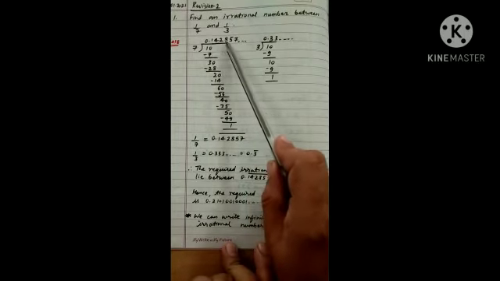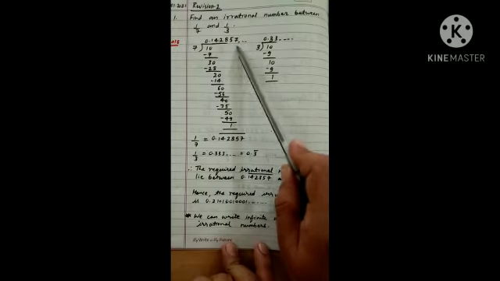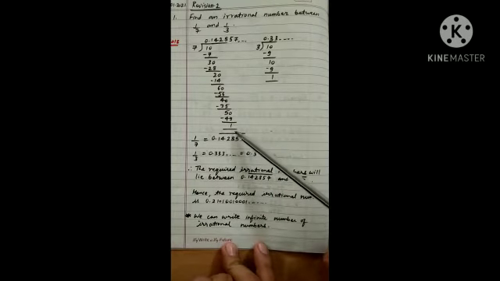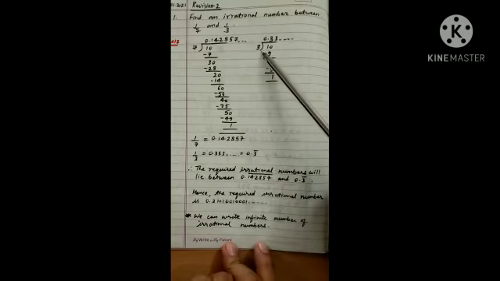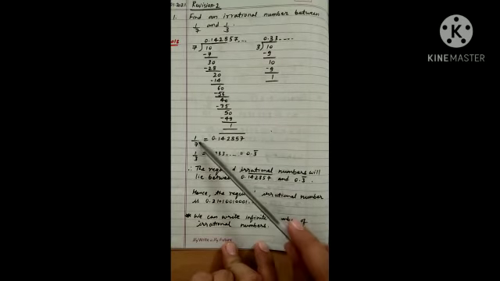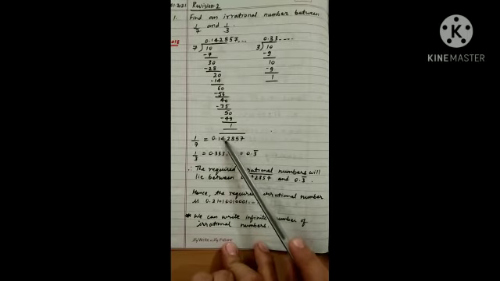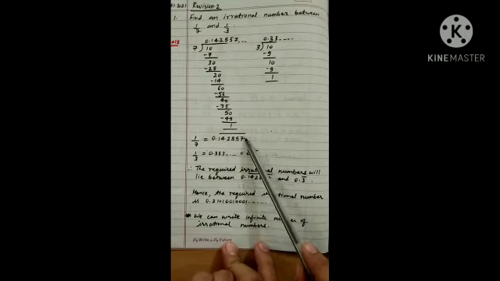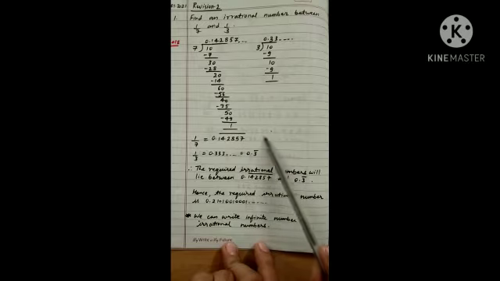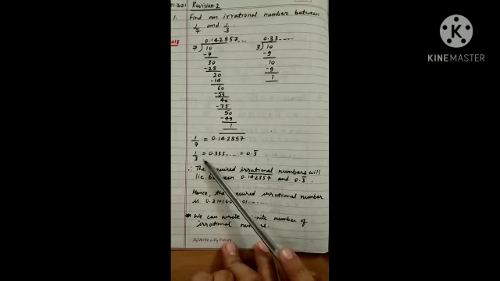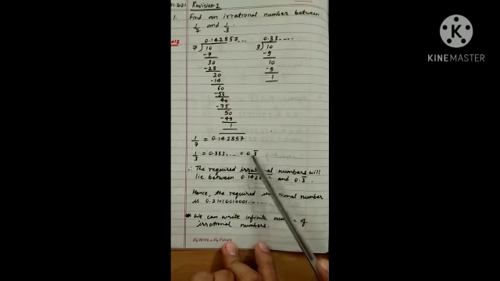is 0.142857 and it will keep coming. The remainder is not coming 0. Similarly, 1 by 3, on converting it into its decimal form, we will get 0.3333, it keeps coming. So 1 by 7 equals 0.142857, and these 6 digits, 142857, will be repeating. And on converting 1 by 3 into its decimal form, we will get 0.3 bar, because the digit